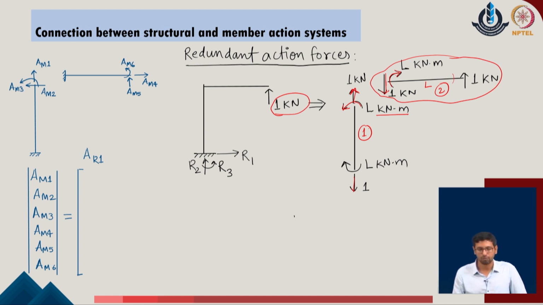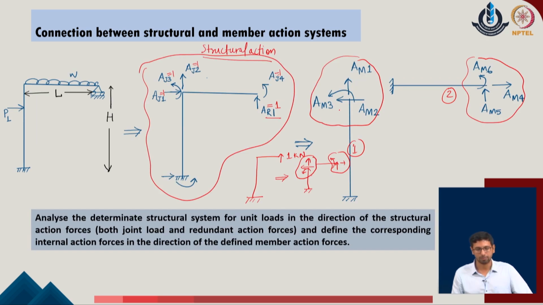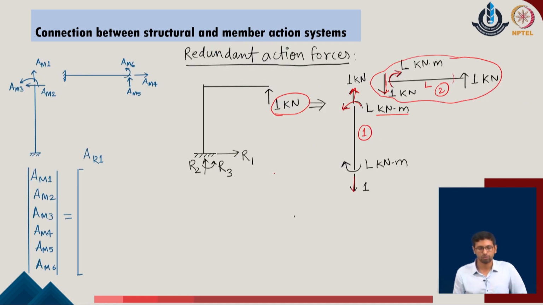I will say that AM1, and we can just reflect back on the original problem that this is the value of AM1, this is AM2, this is AM3, and similarly AM4 to AM6 in the given problem. So, now I can define their values individually. AM1, which is again in the direction of the positive coordinate, will be defined as 1 unit. AM2, which is the force over here, is not active in this given system, so it is 0 for the given problem. AM3, which is the moment in the same anti-clockwise direction, is L units for the given problem.